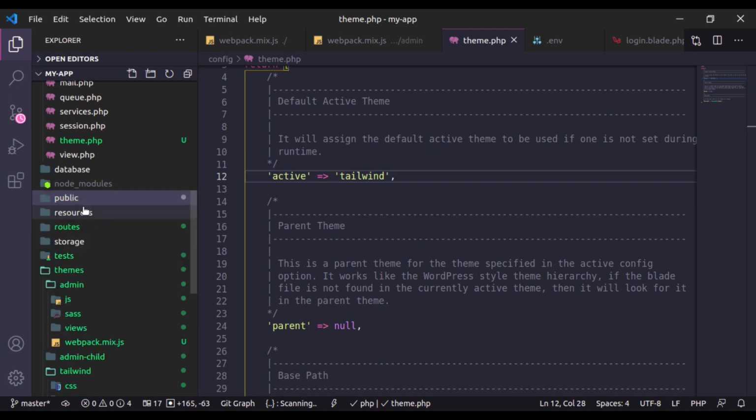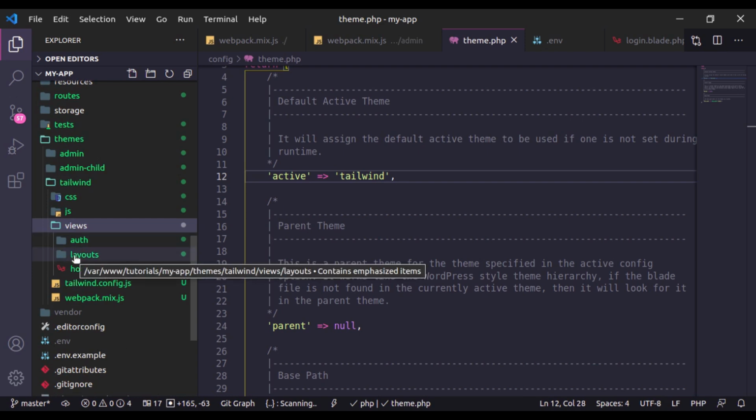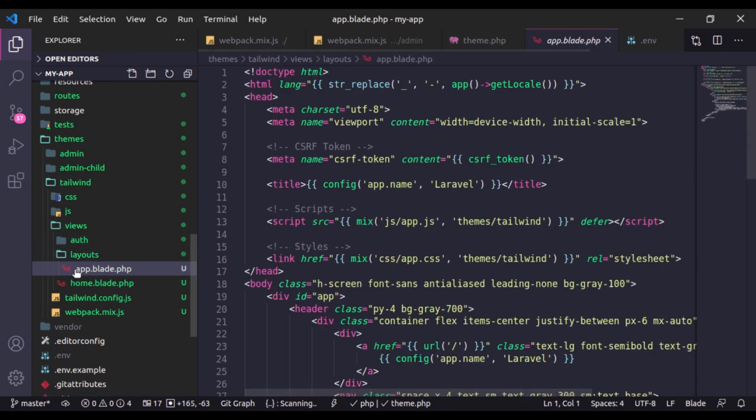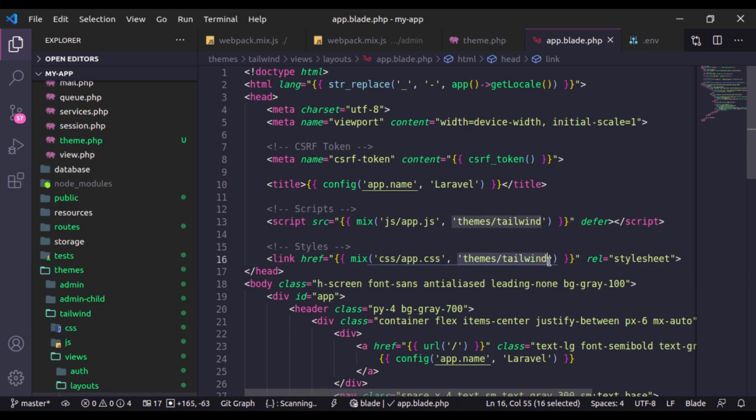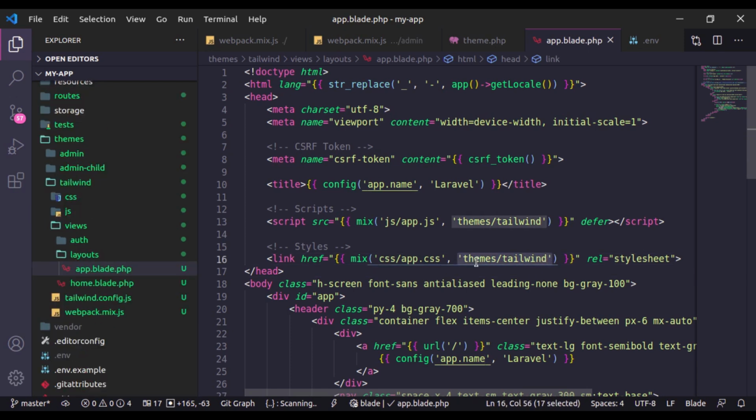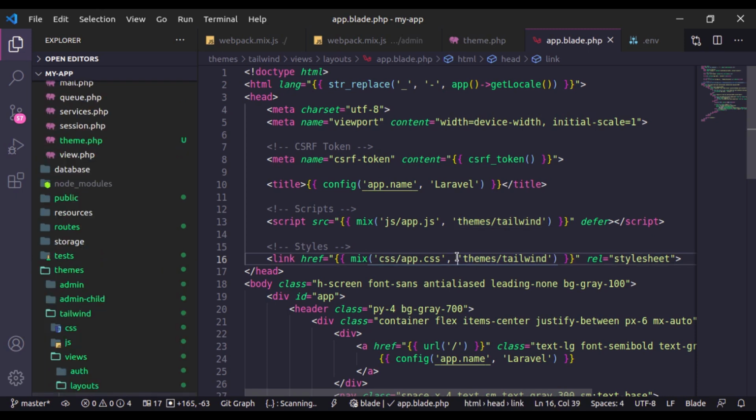So if we go to themes tailwind views, and in the layout app blade file, right here you can see I have used the mix. Here we pass the css app.css. Here we have passed the location where the mix-manifest.json file is present. So it will look for this path in the public directory.